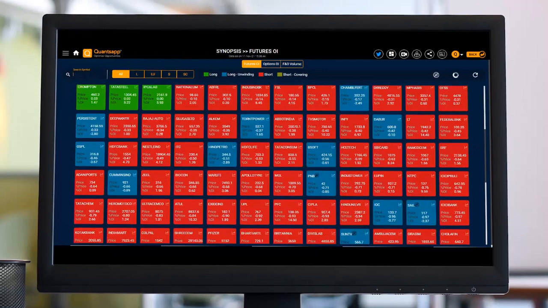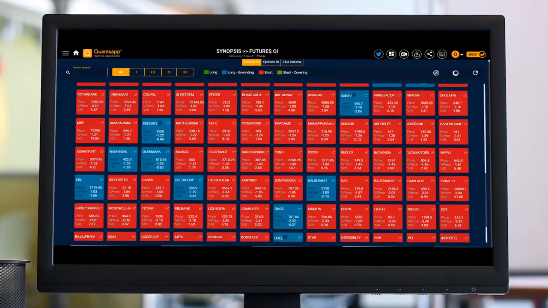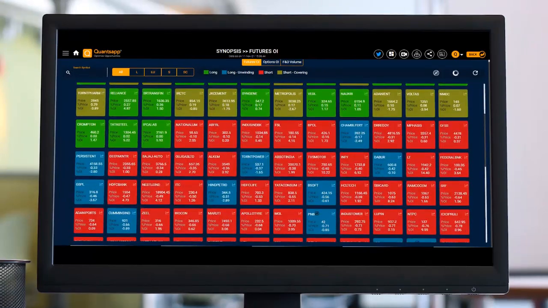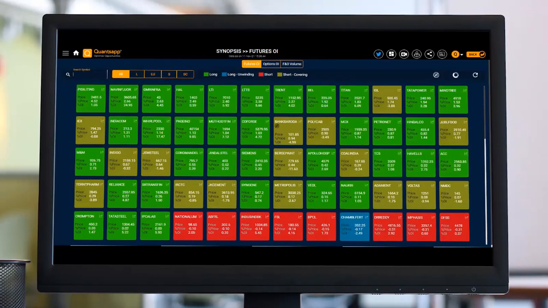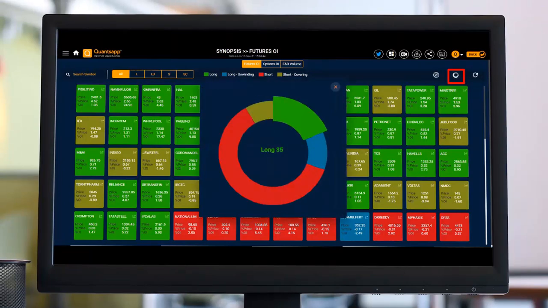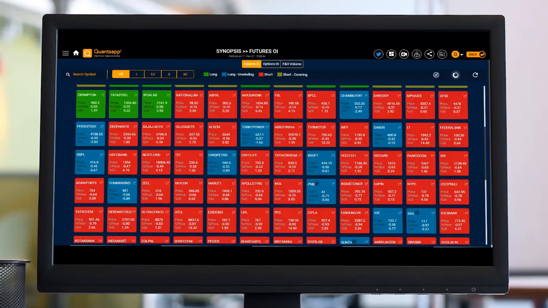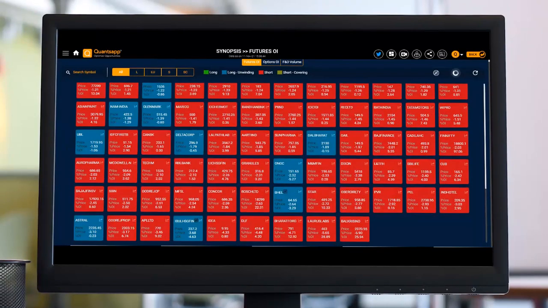Now, should I calculate or count all of this manually? First of all, this heat map itself tells us that the red stocks are more as compared to the green stocks. So I don't need to do it manually. You just click on the summary over here once. You'll directly get to see how many stocks are on short covering, how many stocks are on long build up, how many stocks have witnessed long unwinding, and short build up. The stock which appears first is the top gainer, and the stock which appears last is basically the top loser.